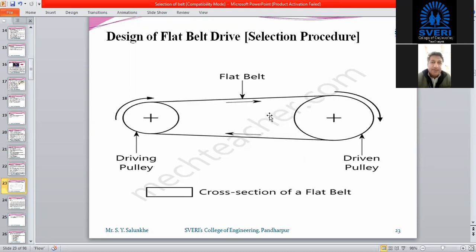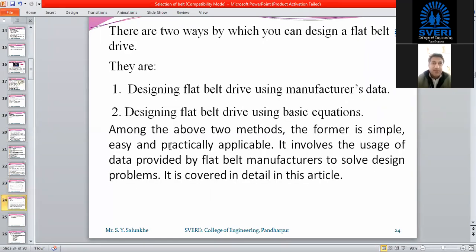Now, in such applications, we have to see how we are going to select the proper belt for the proper application. Otherwise, there may be a possibility that when we have to transmit more power and we select a less capacity belt, that will not be feasible. Or in some applications where the capacity to transmit power is less, if we choose higher capacity belts, it will again increase the cost of that belt drive. Getting me?